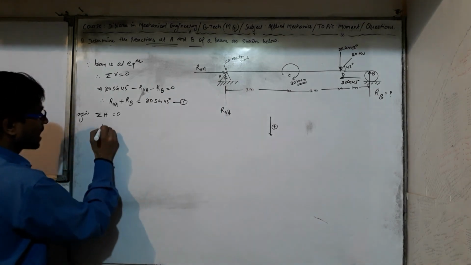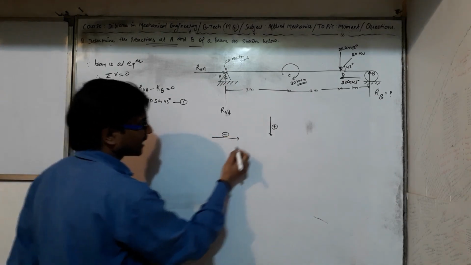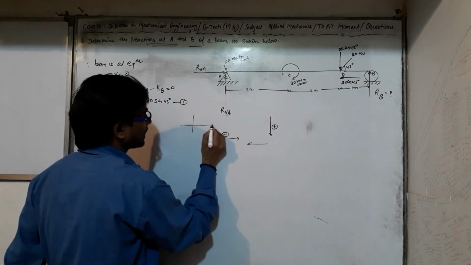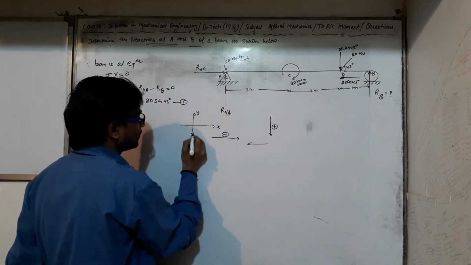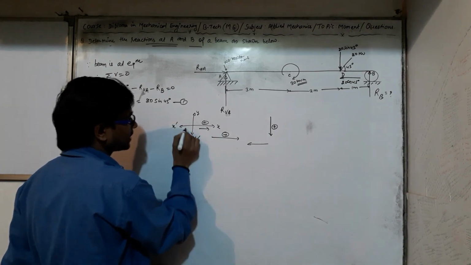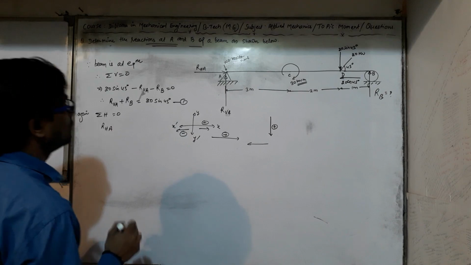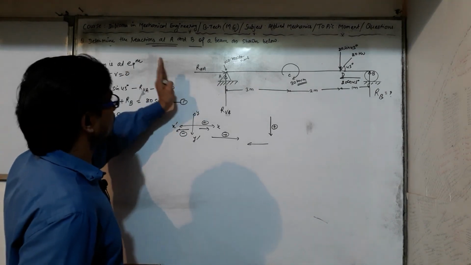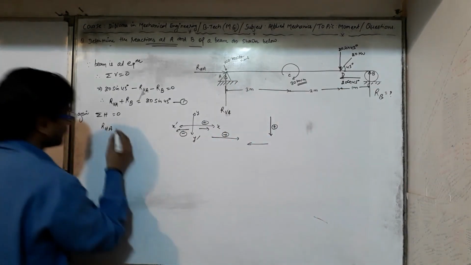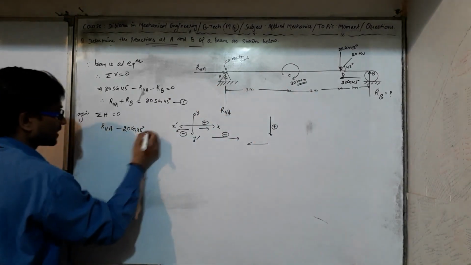One horizontal force is R horizontal at point A. If in this direction I take positive, then a force acting in the opposite direction is automatically taken as negative, as with coordinate axes x and y positive, and y dash and x dash negative. Now R horizontal is acting along the positive x-axis, so I take it as positive, and 20 cos 45 must be taken as negative because it acts opposite to this. So we can say this equals 0.